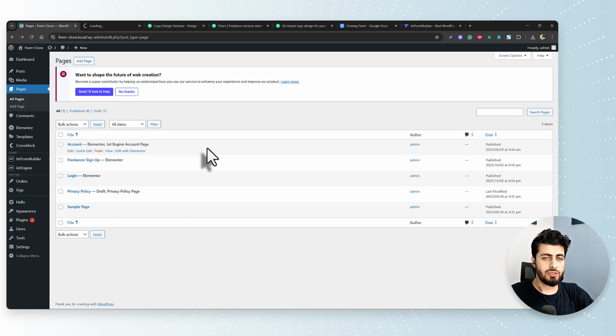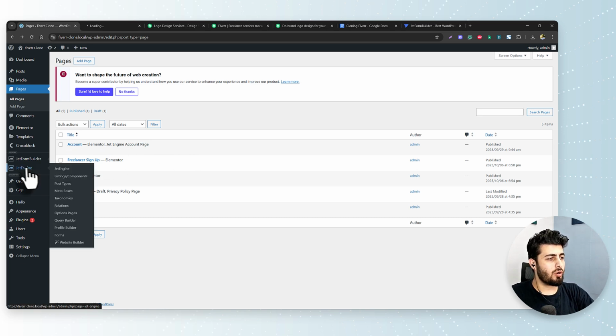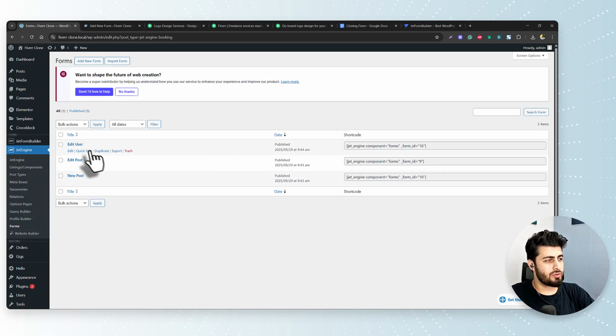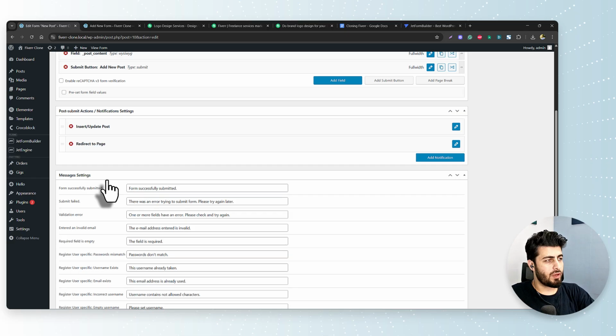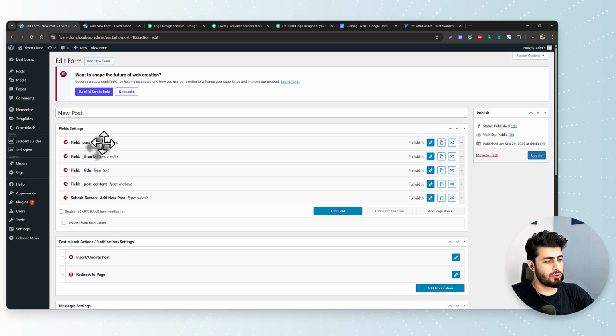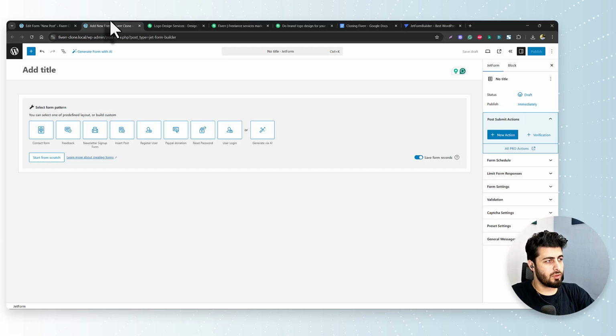Now we also need to inspect what was going inside the JetEngine forms, and inside that we are going to see edit user, edit post, and new post. So if I click on the new post one, where someone can come and add a new post, we can see here that it has this post ID, thumb, all of that. Here what we need to do is we will create this form by the name of add new